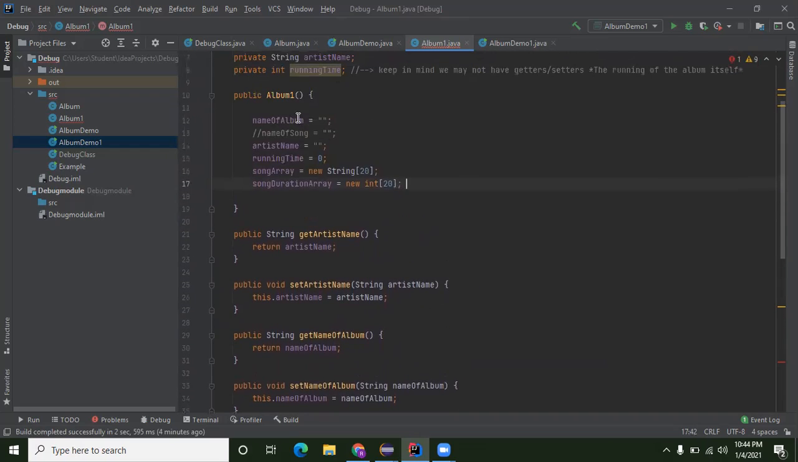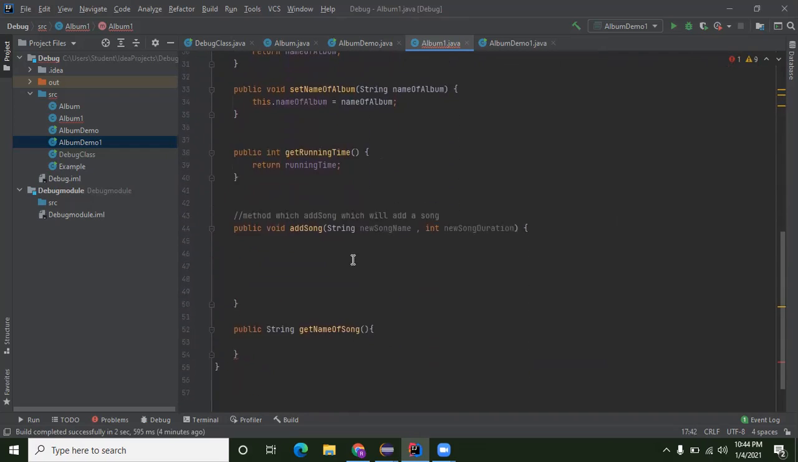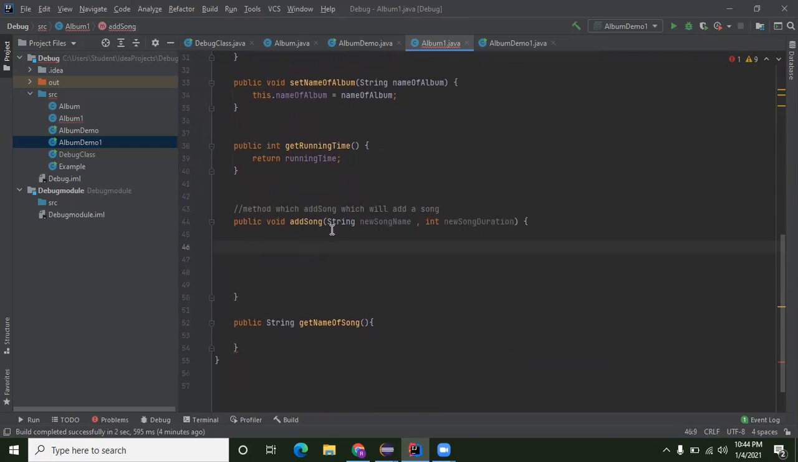So we've declared them, and now we're going to populate them. What we think is, well, if we have a song and we have a duration, if the new song duration, well, let's just do this part first. What I'll do is I'll say, okay, the first,